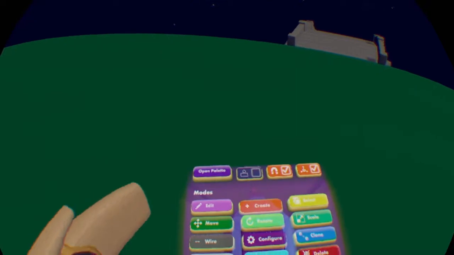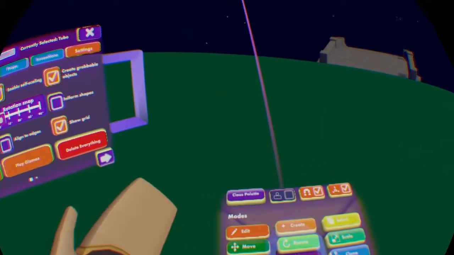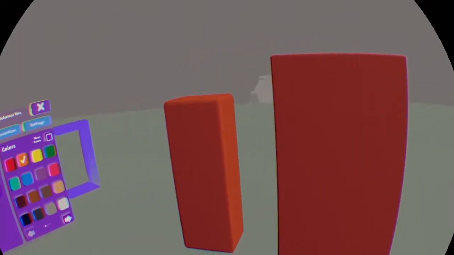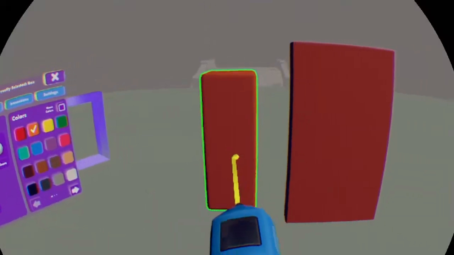So over here, miles away from everything, this is where we're going to do all of our creations, inventions, and everything to do with the Maker Pen. So, let's get started. So you've got edit. Edit is really only there if you've already got a shape. So if I